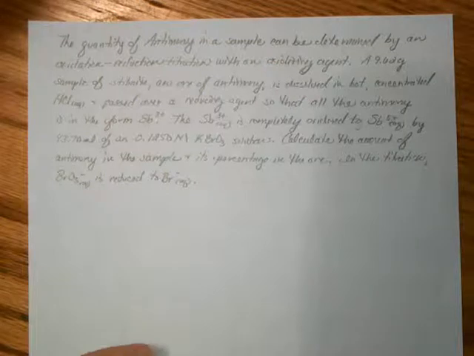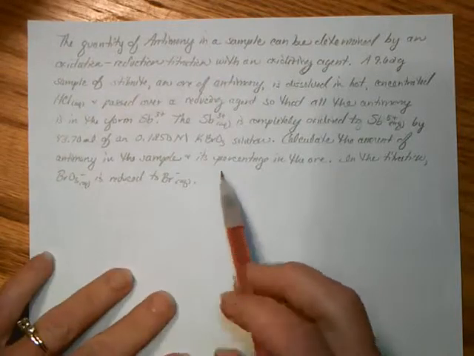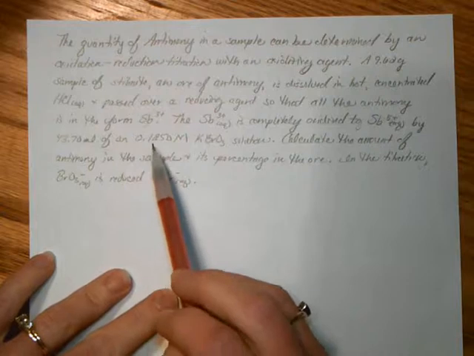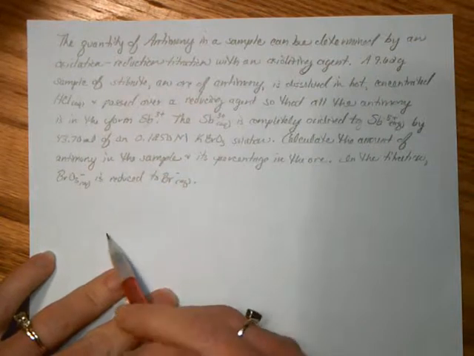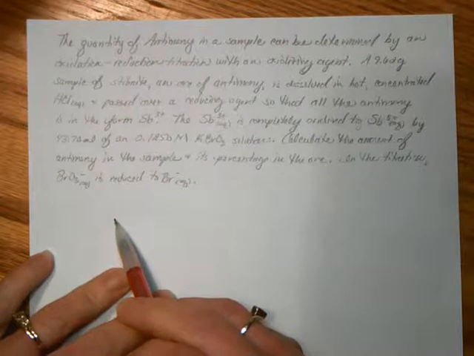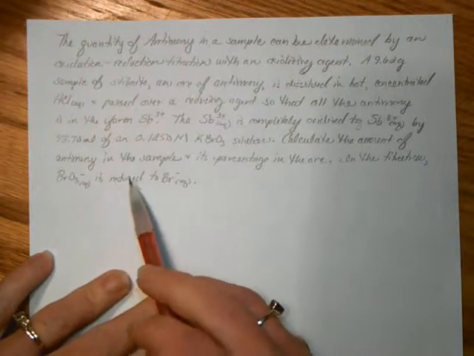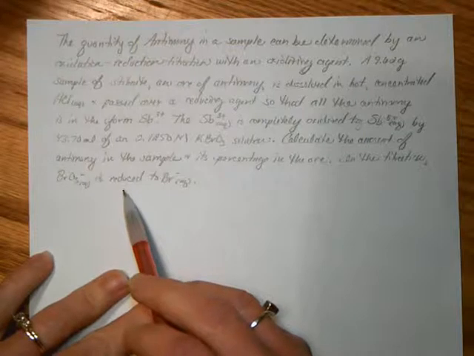Hello students, I would like to lead us through an example of an oxidation reduction, or redox, titration. Reading the problem, the quantity of antimony in a sample can be determined by an oxidation reduction titration with an oxidizing agent. A 9.62 gram sample of stibnite, an ore of antimony, is dissolved in a hot concentrated hydrochloric acid